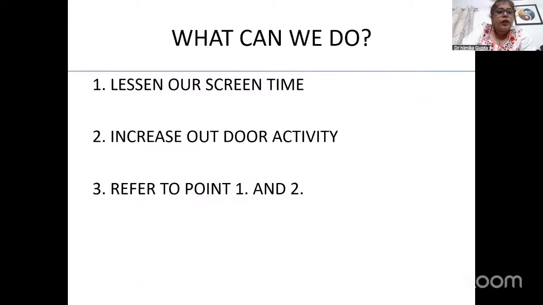So to conclude, what are the things that we can do, as caregivers and as individuals, we all in the current generation are exposed to a lot of digital media time? Lessen our screen time, increase outdoor activity. Again, like the previous speaker mentioned, even for myopia control, in fact, nowadays we write it on prescription, 2 hours of outdoor daily. It is given out as a prescription to a child who is, say, 7, 8 years old. It is unfortunate, but true. And these are the two things which really work to build up good health in terms of eyes